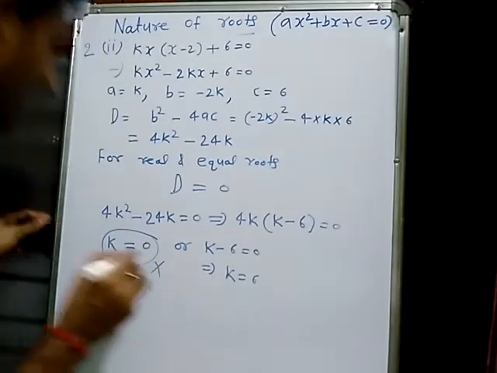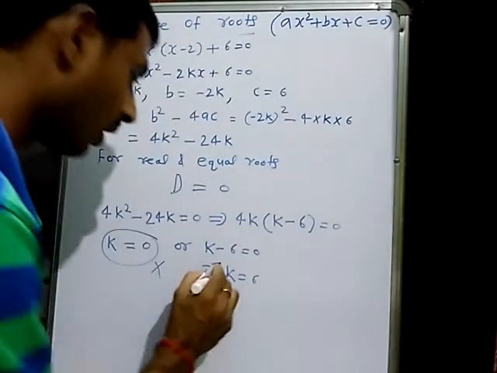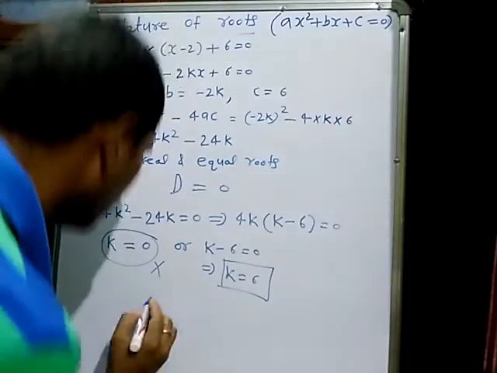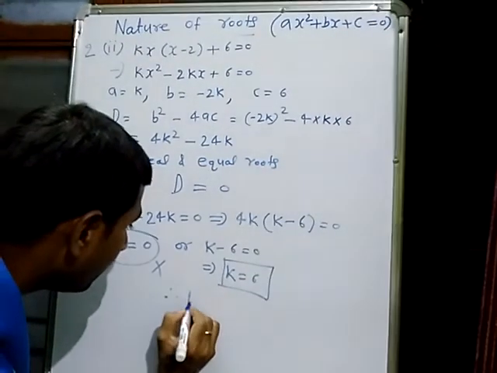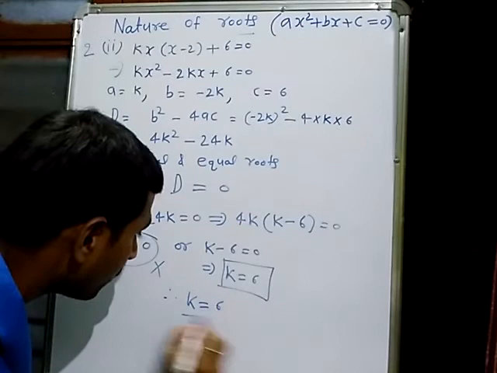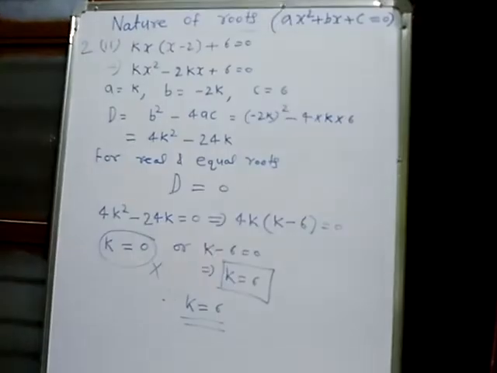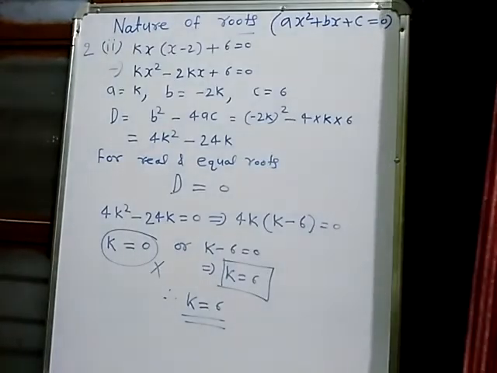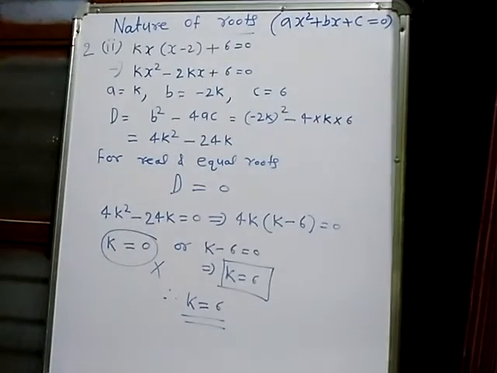k 0 नहीं होना चाहिए, otherwise ये equation quadratic नहीं होगा. तो क्या होना चाहिए? Therefore k must be equal to 6. So correct answer, correct value of k must be equal to 6. k 6 के equal होना चाहिए. Okay,